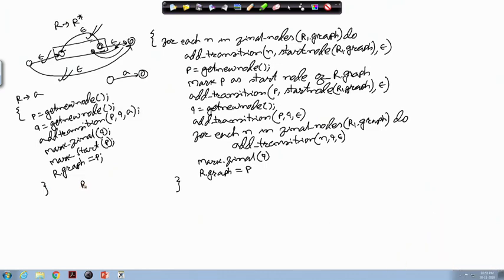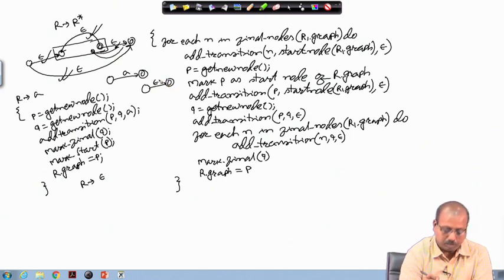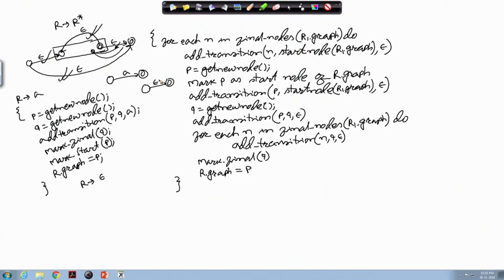R producing epsilon. Here also it is similar, the only thing is that this label is epsilon. So, the code for this is the same as this one, but instead of a we will be adding epsilon. So, we will have P equal to get new node, Q equal to get new node.